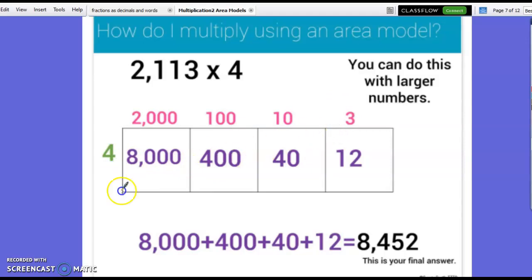Now, the next part that you would have to do is take those digits. Remember, I do not want you lining them up horizontally. What I would want you to do is write your 8,000 and line up the 400 underneath, and then your 40, and then your 12. And when you add them up, then you would get that total of